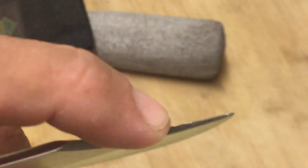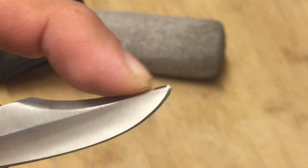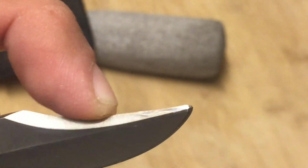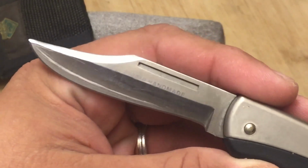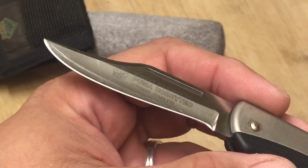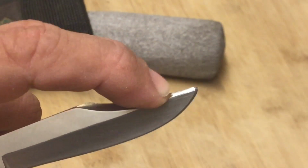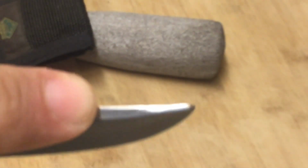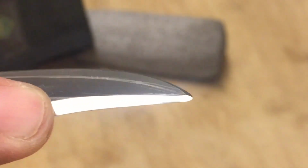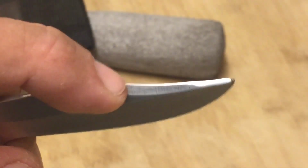I broke the tip. And as you can see right there, this used to be probably about 2 or 3 millimeters longer. At that time, I didn't have hardly any tools. I didn't have a grinder or anything like that. I don't know what I used to fix this. I think I might have just used different grits, sandpaper, and maybe a stone. And I just tried to polish the heck out of this thing to get it to where it was more or less original looking. And as you can see here, you can see the natural pattern of the steel,